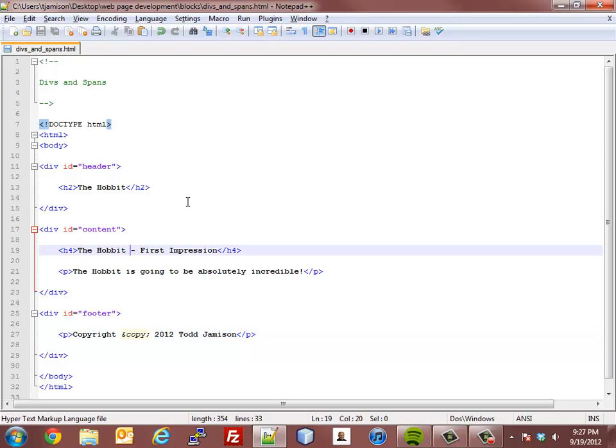I'm going to change that. I'm going to say The Hobbit trailer. There we go. And then I put in a paragraph that the Hobbit is going to be absolutely incredible. And then finally, in the footer section, I just put a copyright notice, and then the year, and then my name. Okay. Now, if I go and I run this,